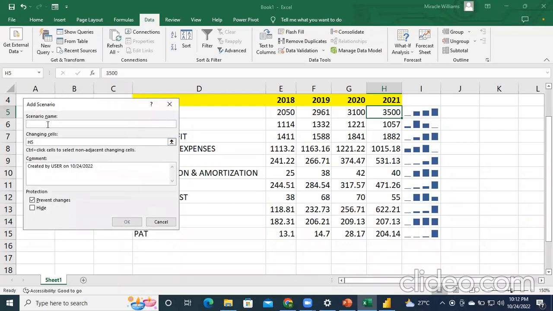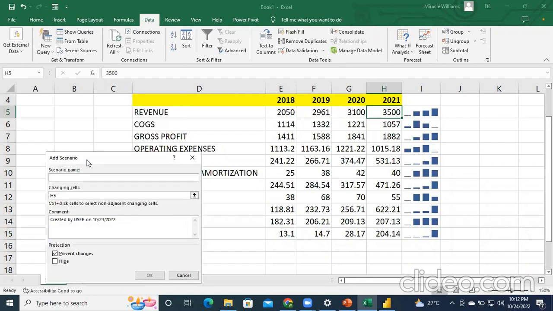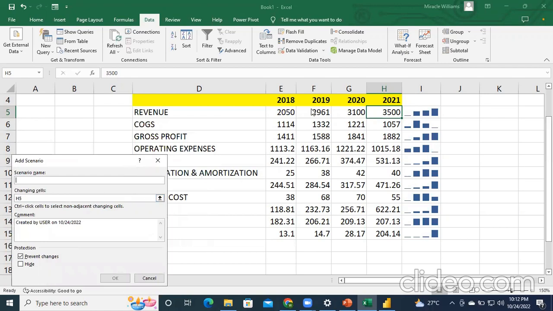When I click on add, it's asking me for the scenario name. So I can call this the worst case scenario. I just want to know the worst case scenario. Companies use this a lot when they are modeling. For example, a sales company might say, what's the worst case if we are not able to meet our targets? This is how they will be able to do that, provided the whole information is connected to each other, then they will know that if this is this, then definitely we should have